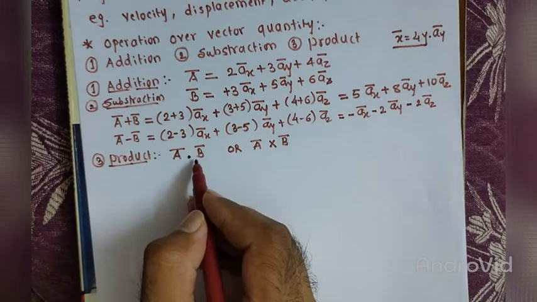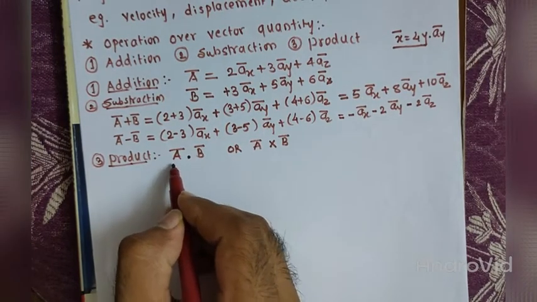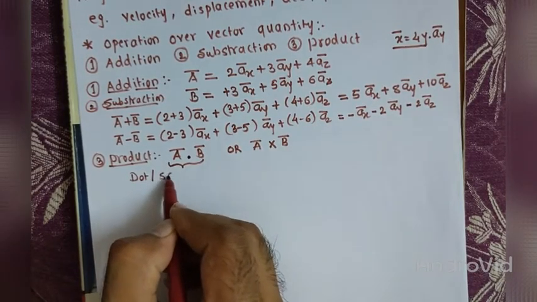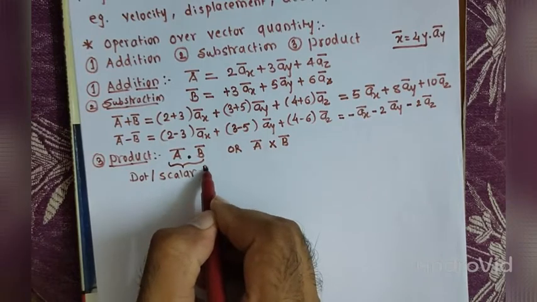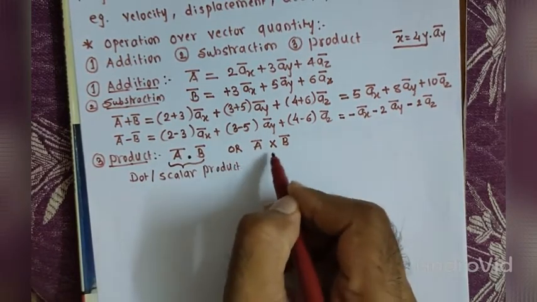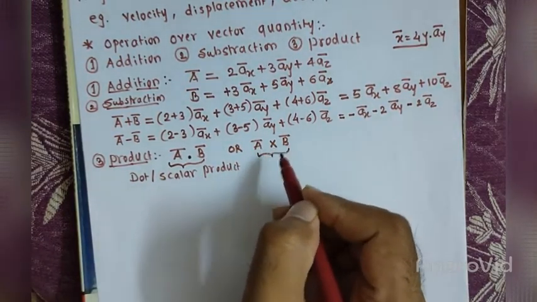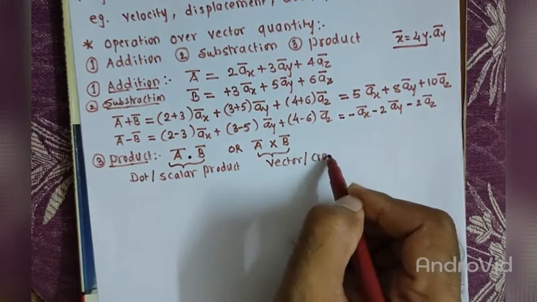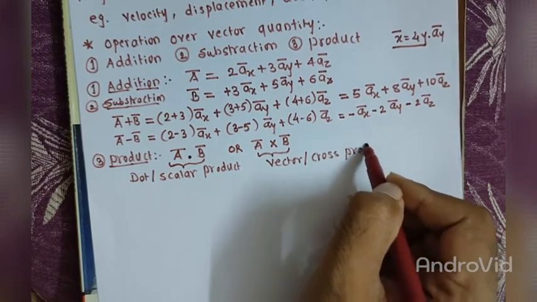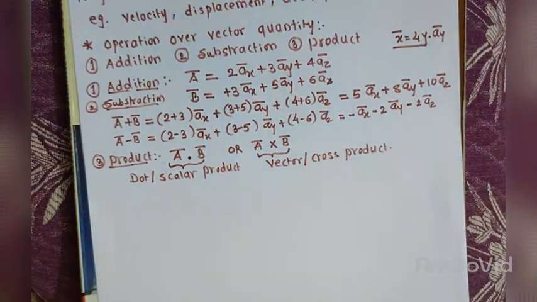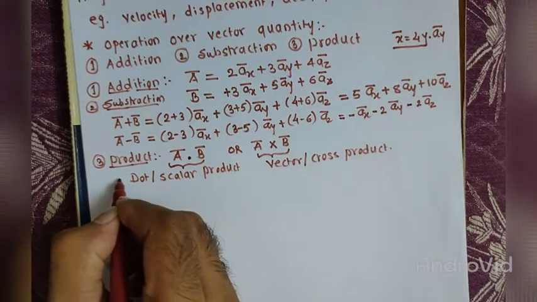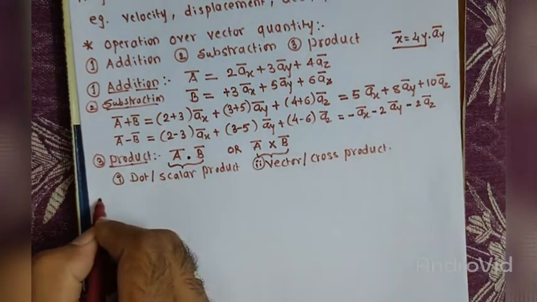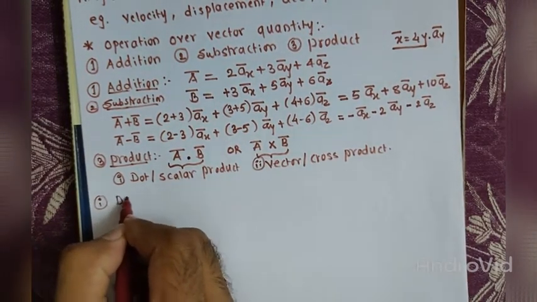If it is a dot b, then it is called dot product or scalar product. And if it is cross between these two vectors, then it is called vector product or cross product. So one by one we'll have to look at the definition of both of these two. So let us look at, let's say this is first and this is second, right? So let us have a look at the first, dot product.